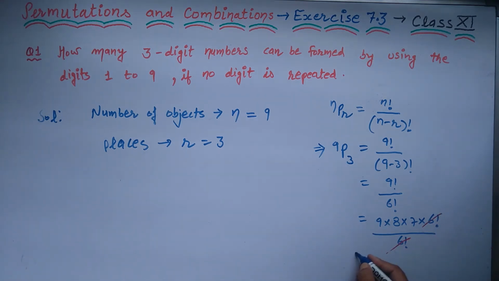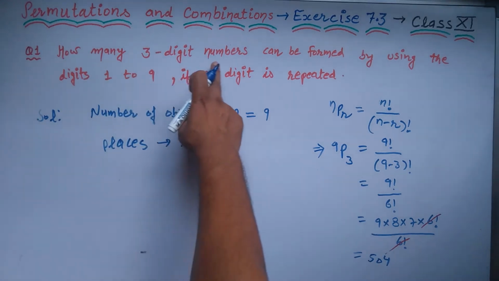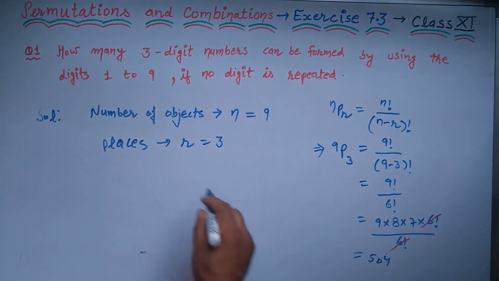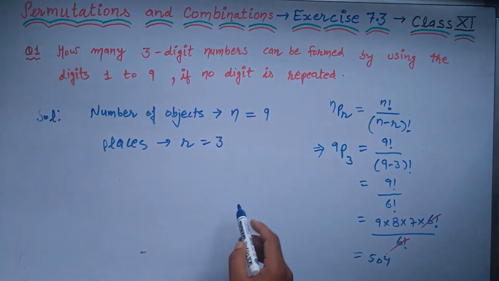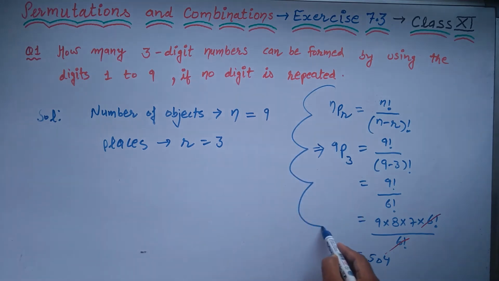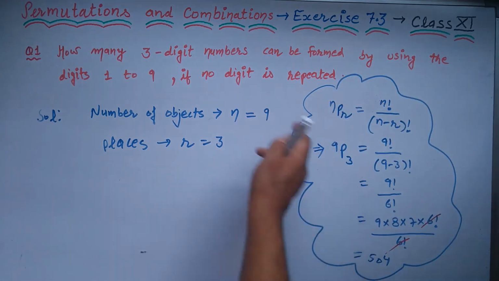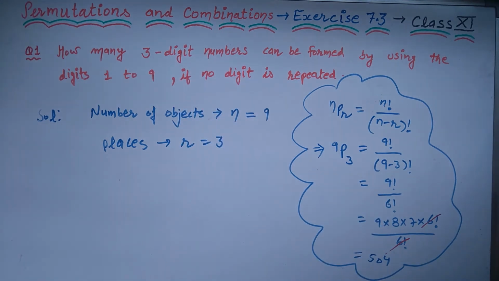What are we left with now? 9 into 8 into 7, which is 504. So this is the number of ways in which 3-digit numbers can be formed using the digits 1 to 9 if no digit is repeated. So this way we have used the permutation rule in order to solve this question. Okay, now